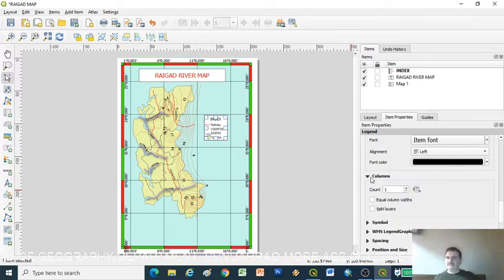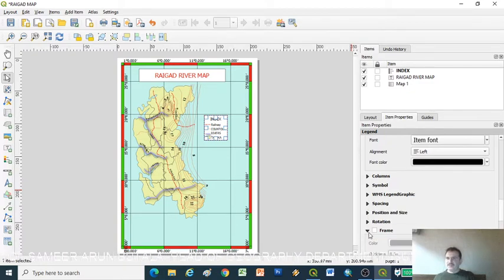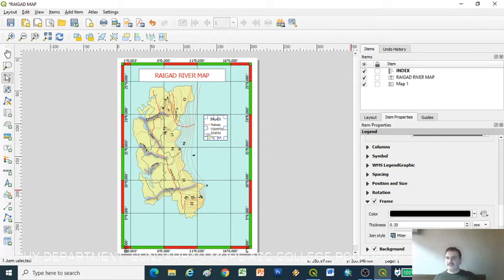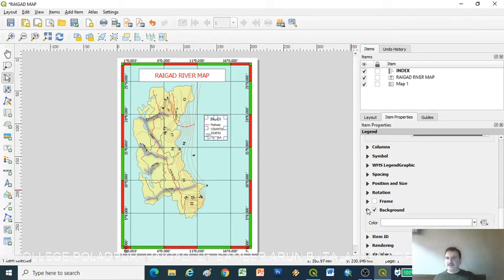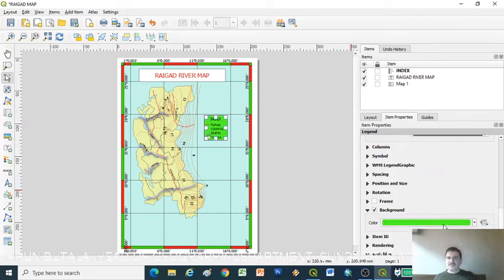Columns: if we want 2 columns, we can create 2 columns. Symbol types, we can change the symbol type. Spacing, frame: we can change the frame, or if you want to frame the colors, then we can give the frame color. And background: suppose we want to create a background for the legend, so we keep this in this way.